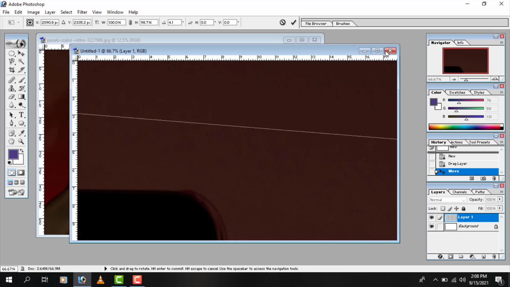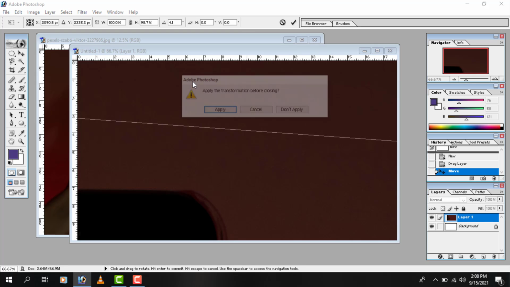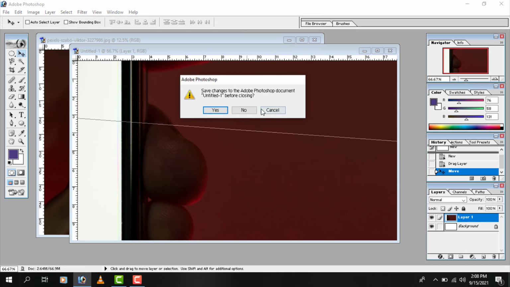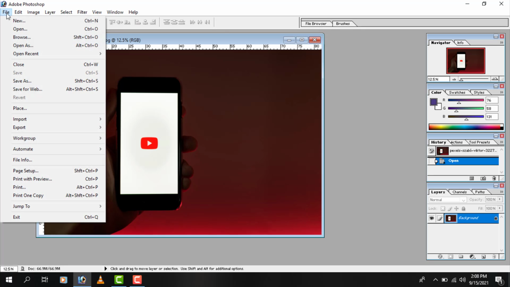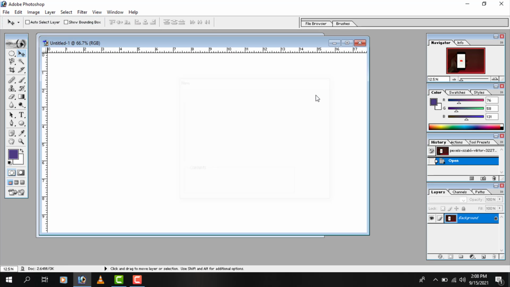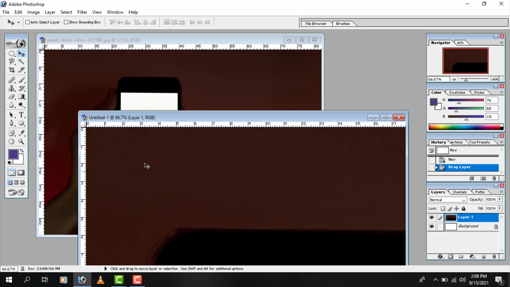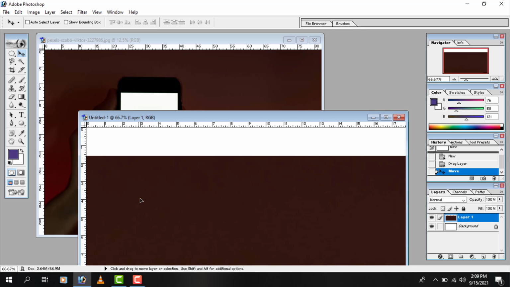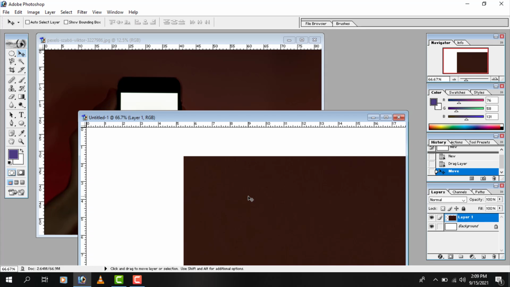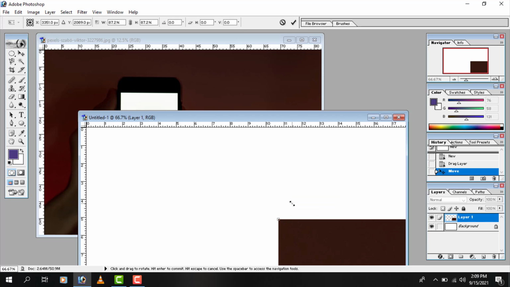Let me remove it. No. So I open a new one. Okay, let's paste it. Now Control T, Shift plus Alt, and let me scroll them.